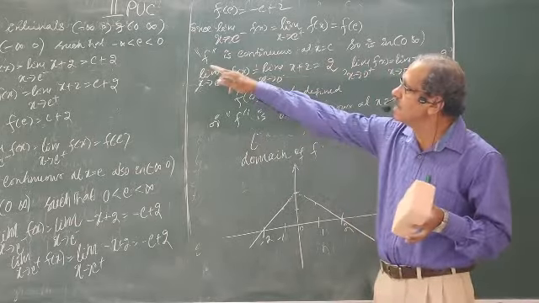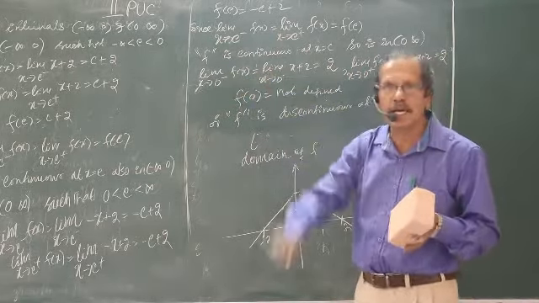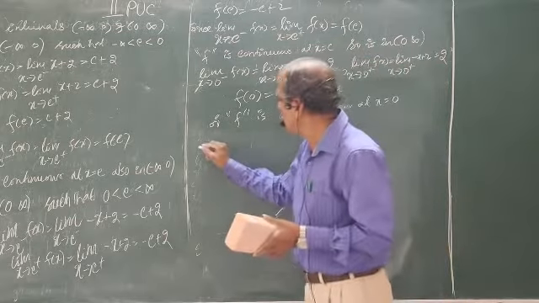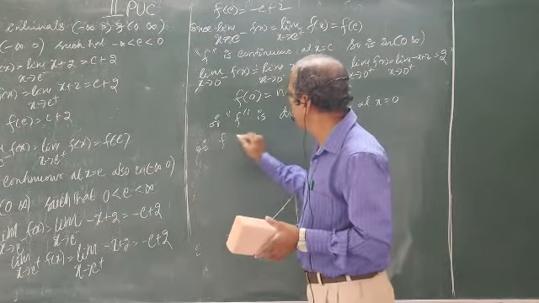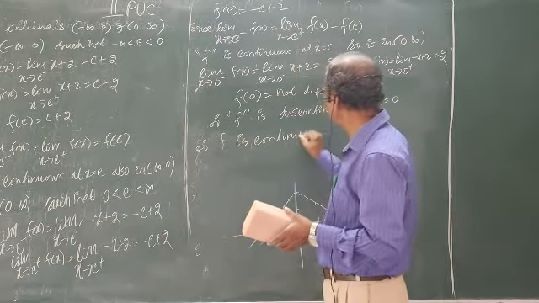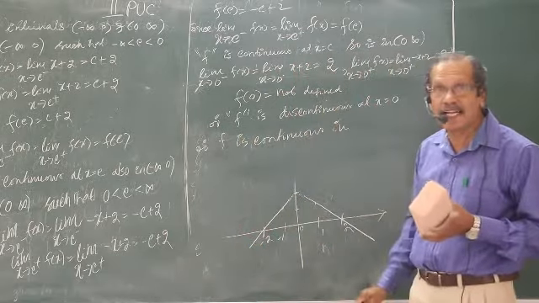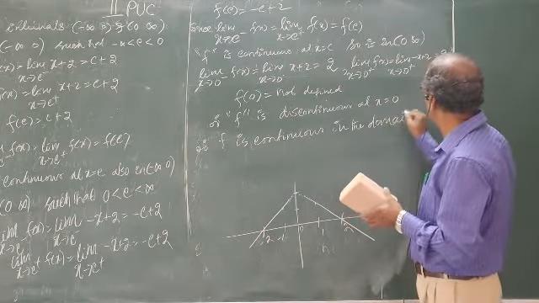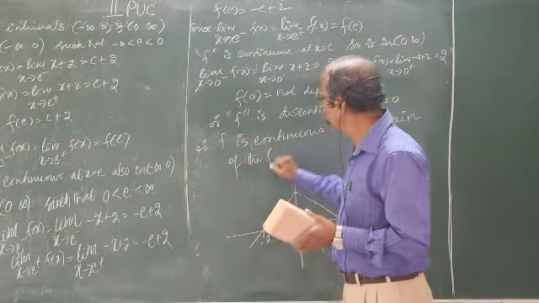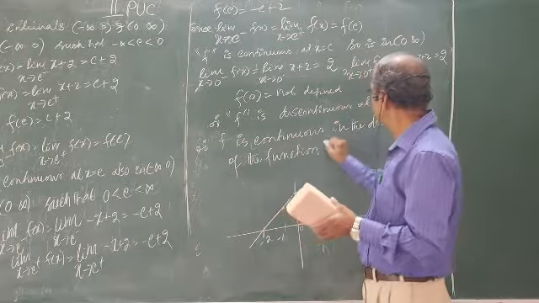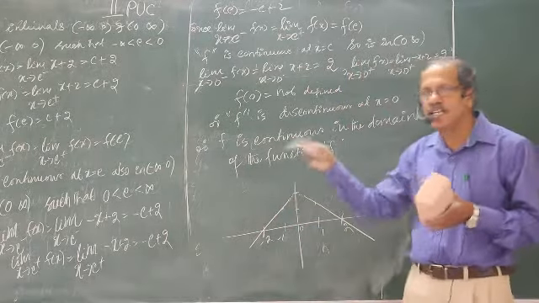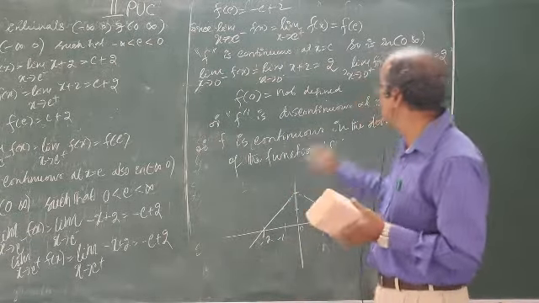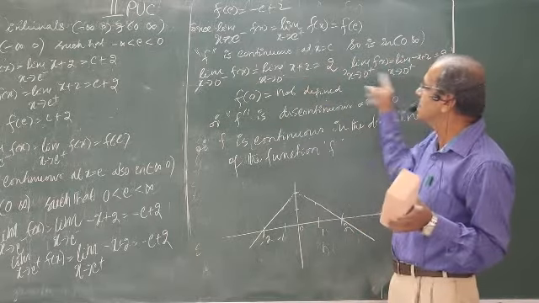But it is no matter, they are not given that. In the domain, 0 is not at all there. They have not included 0 in the domain. Therefore, I can say like this. Therefore, f is continuous, not in the entire real number system because 0 is there, but in the domain of the function. Make the idea clear. In the domain of the function f there is no 0. If 0 is not there, the given function is continuous, no doubt. Only if you take x equal to 0, problem comes here.